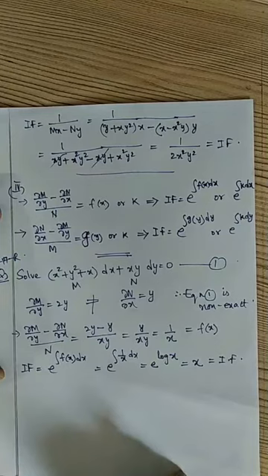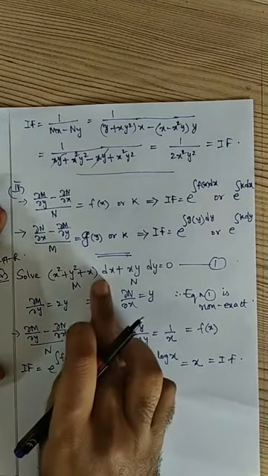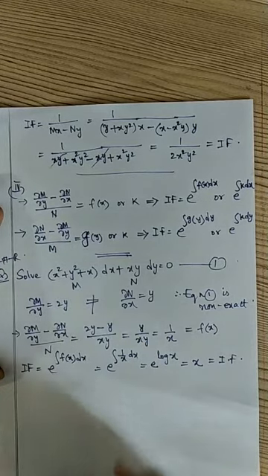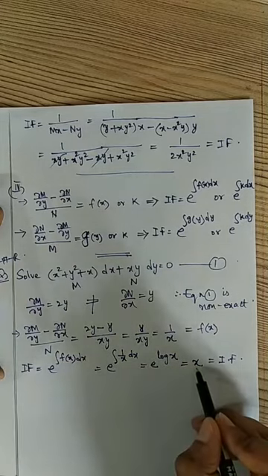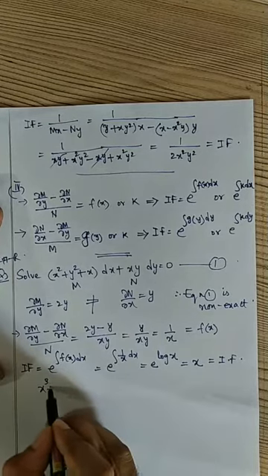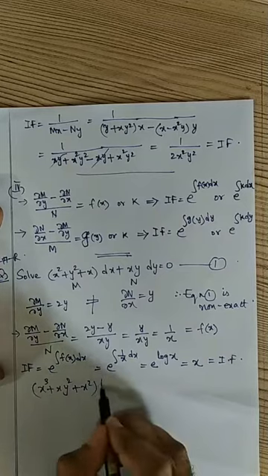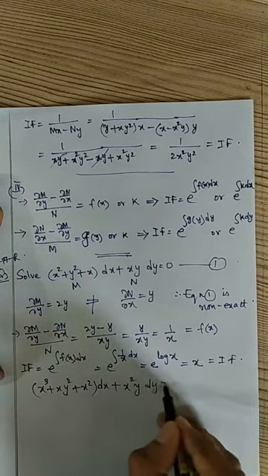So once we get the integrating factor, we multiply this with the given non-exact differential equation, and that will become exact, right? That part you can practice. So we just multiply this x with this, then what will happen? x cube plus x y square plus x square into dx plus x square y into dy equals 0.